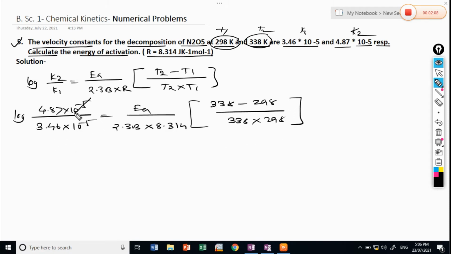The 10 raised to minus 5 will get cancelled, and you have to take the denominator of this, and whatever the value is coming out, you have to take log of that value. So that log will come out to be